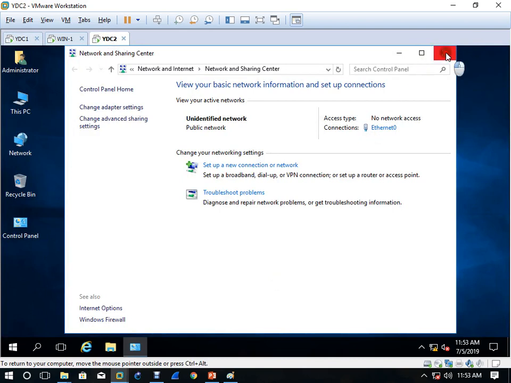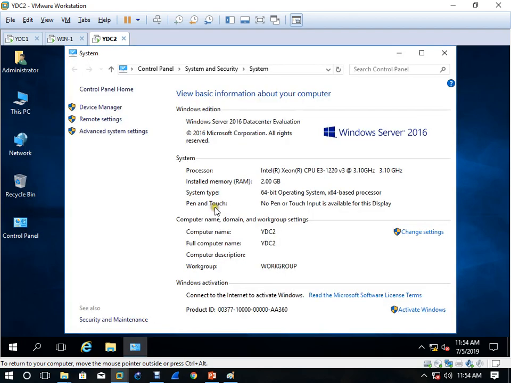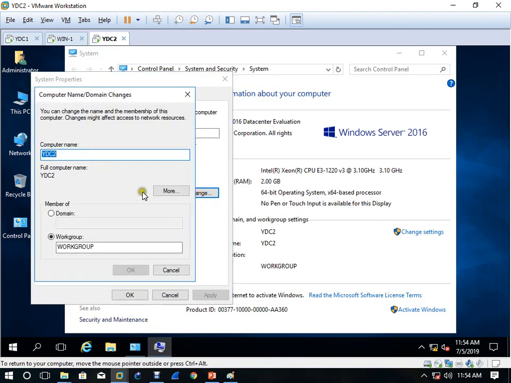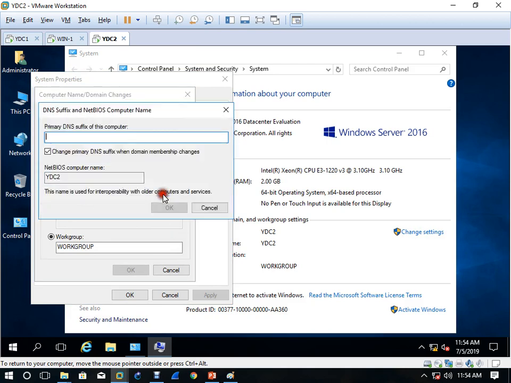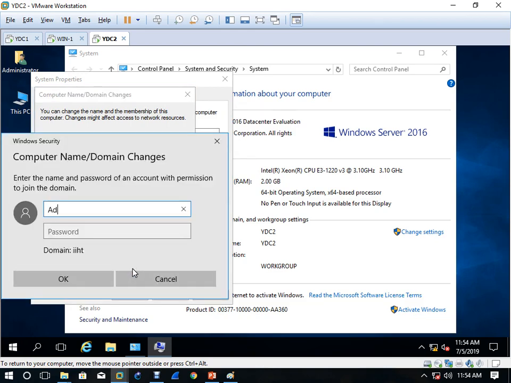First of all, we have to add this system as a member server to the domain, right? So come here, properties, as a normal client. Click on properties, click on change, and then click on more, enter the domain name, then click on the domain, and add with administrator.